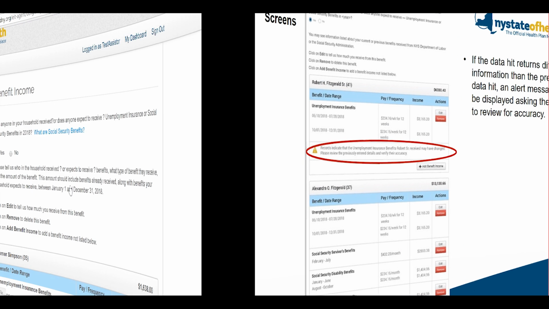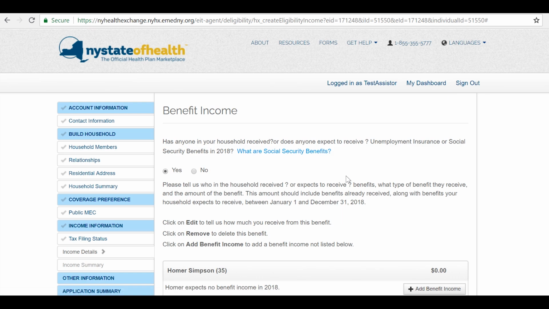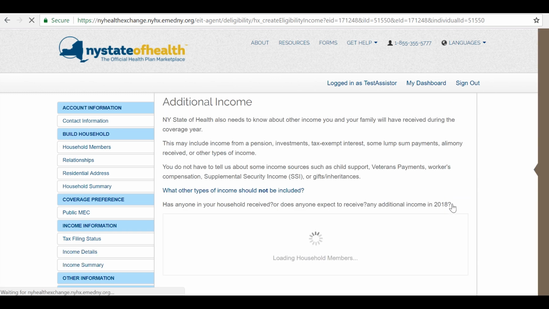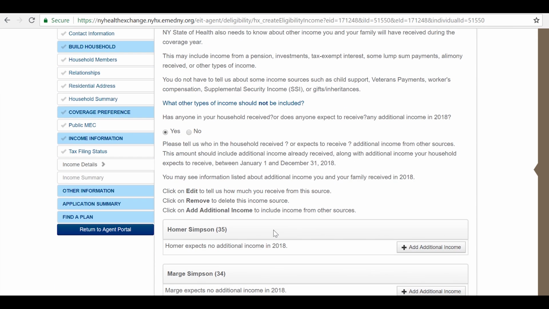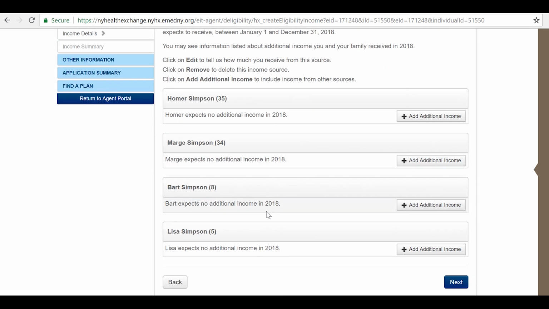Going back to our test environment, we're going to remove the unemployment for Homer. We're going to say no. No one in the household expects unemployment or Social Security benefits. And we're going to click Next. So here on our additional income screen, again, it's just telling you, has anyone in the household received or do they expect to receive any additional income in 2018? If you say yes, it gives us all the household members and tells us to add their additional income. So if we add an income source,